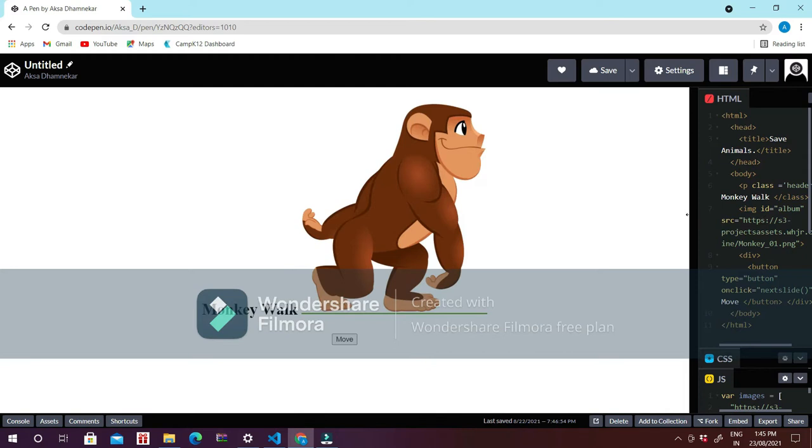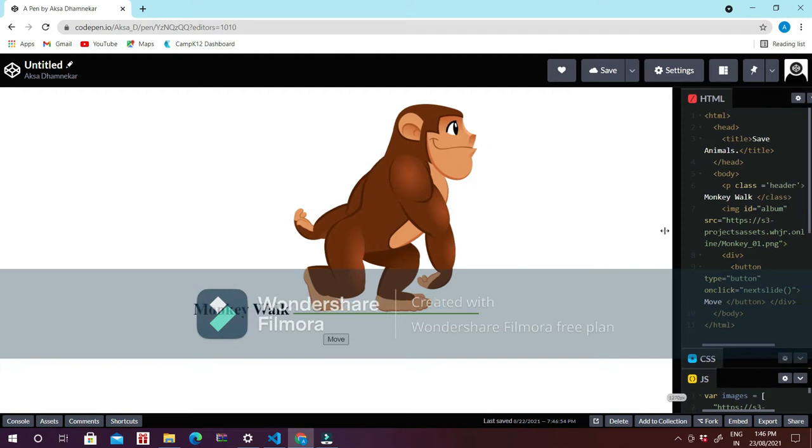So how did I do that? Let me give you a small introduction before starting with the course. I have added the assets in the HTML. Asset is a type of folder where we can store more values in it. So basically, in the one asset, I have added the images which I need for the animation of the monkey walk.